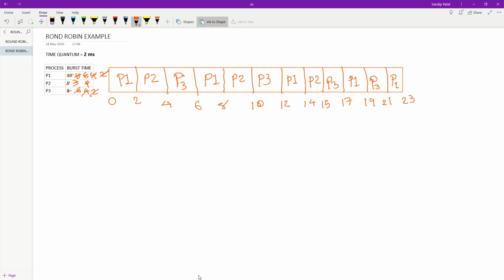Now the number of times processes are swapped in and swapped out. P1 swaps in, here it is swapped out. Again, sorry, swap in and swap out at 2 millisecond. At 6 millisecond P1 swaps in, again swaps out at 8 millisecond. It goes into the waiting state, again it enters or swaps in at 12 milliseconds. So this is a time duration, this is the time duration of P1 where it remains in the waiting state. So at 12 millisecond, it again swaps in and again swaps out, again swaps in, swaps out, this way.